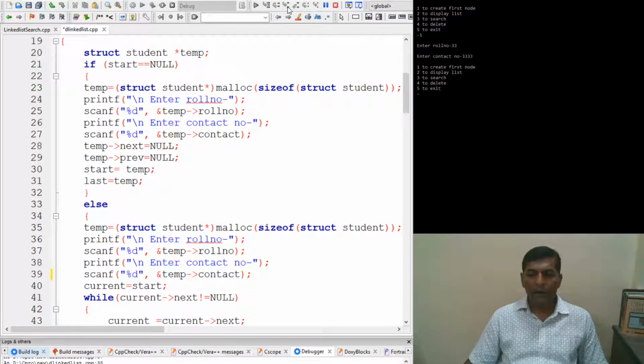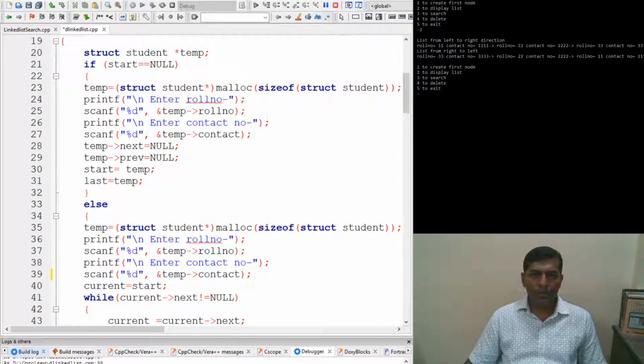So now we have added 11, 22 and 33 as roll numbers, and 1111, 2222 and 3333 as contact details of a student. So let's try to display the list.